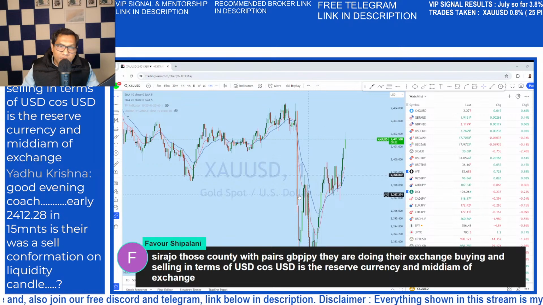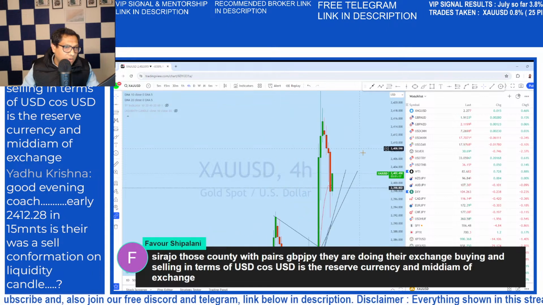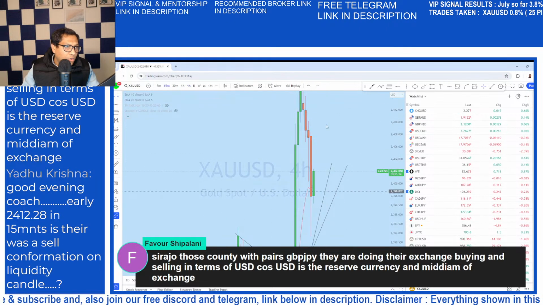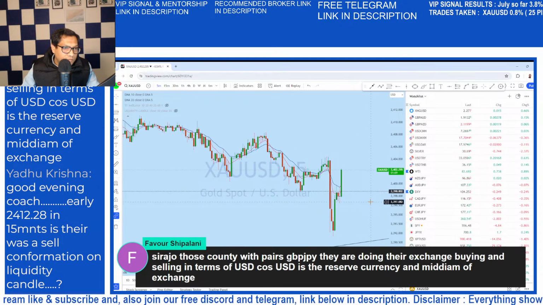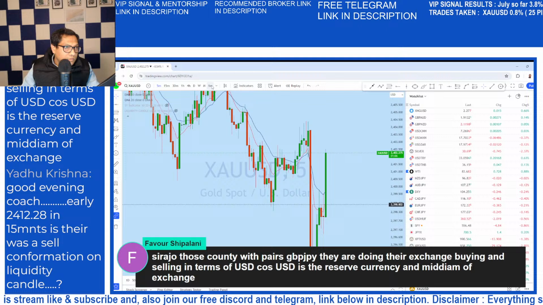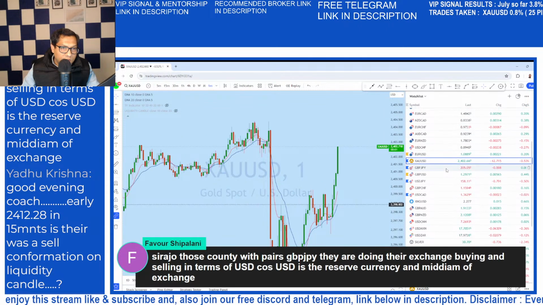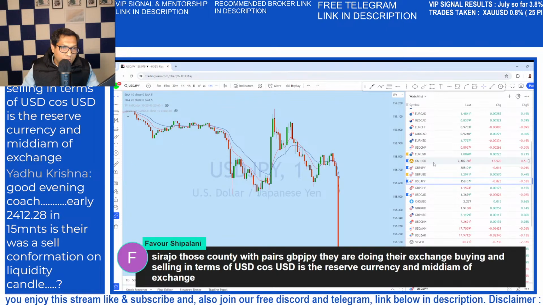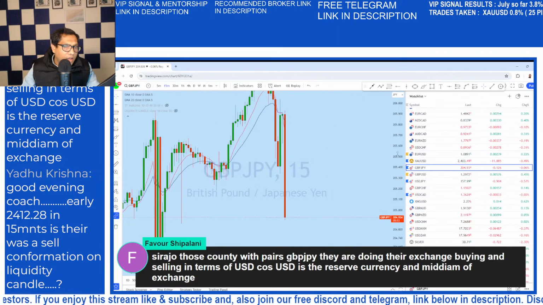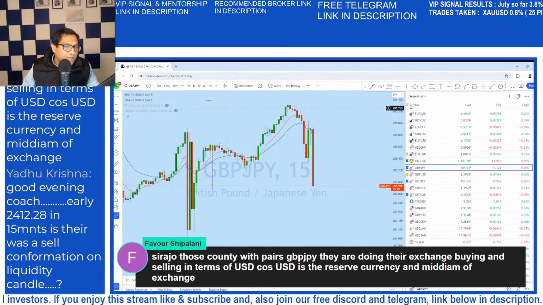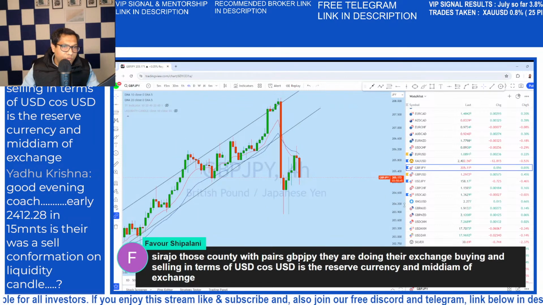Okay, so here what we can see, gold has managed to bounce. So it looks like we might see some reaction on gold from this support. You can see some kind of reaction here. Dollar yen, GJ, this is GBPJPY. Pretty massive drop here on GJ with this doji formation.